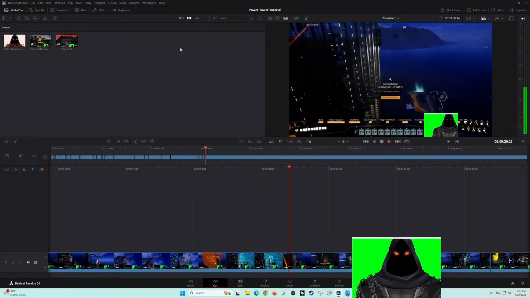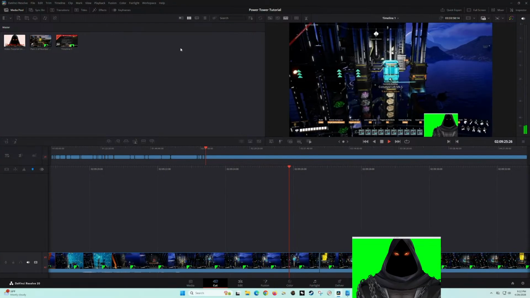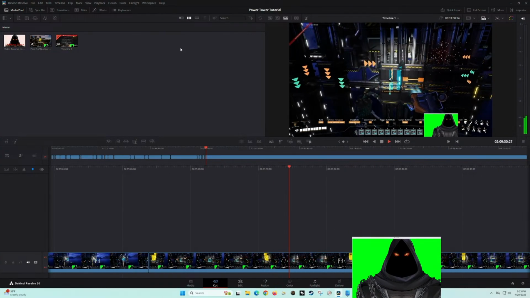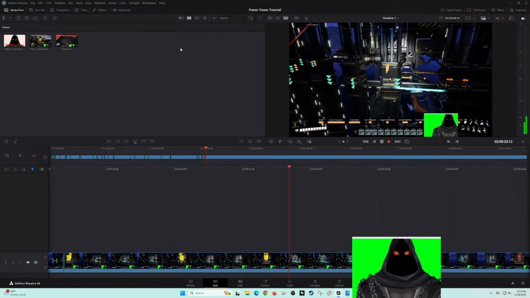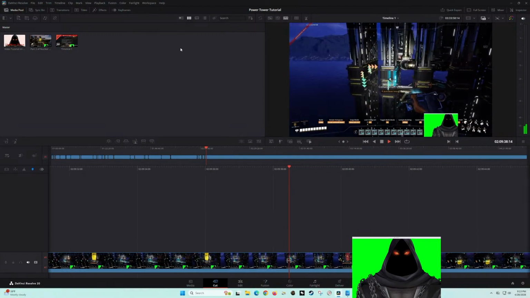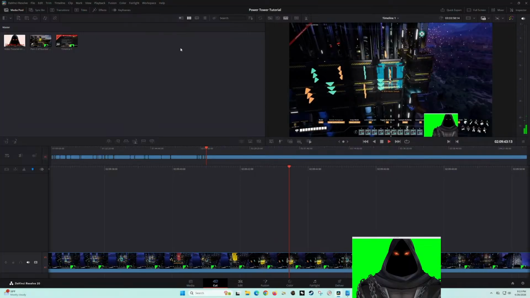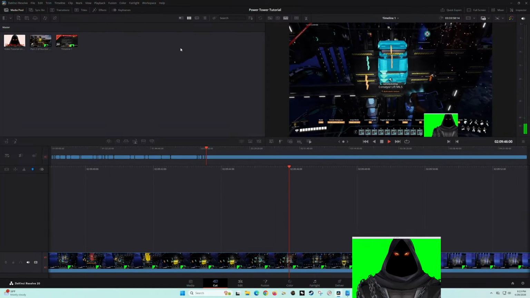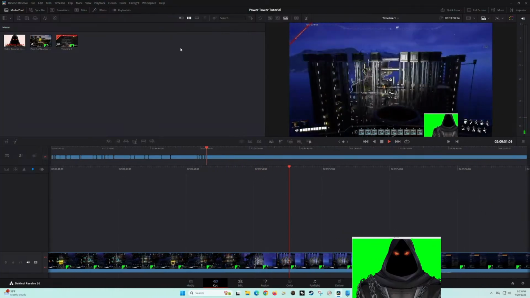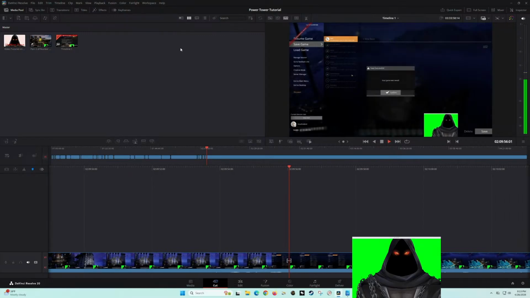And then I am going to connect the lifts. Alright, so that's looking good.